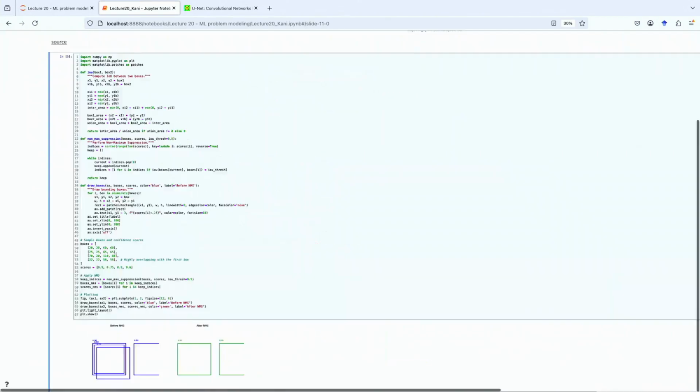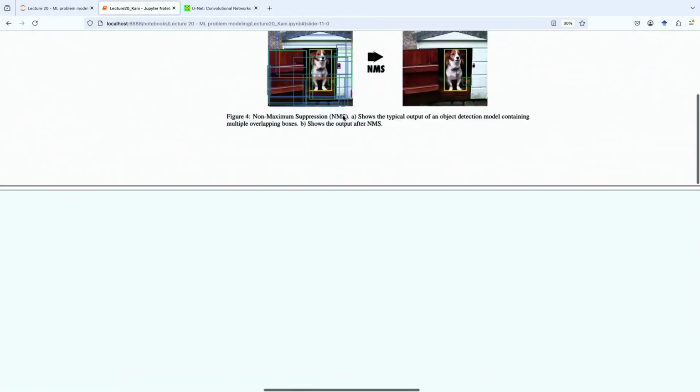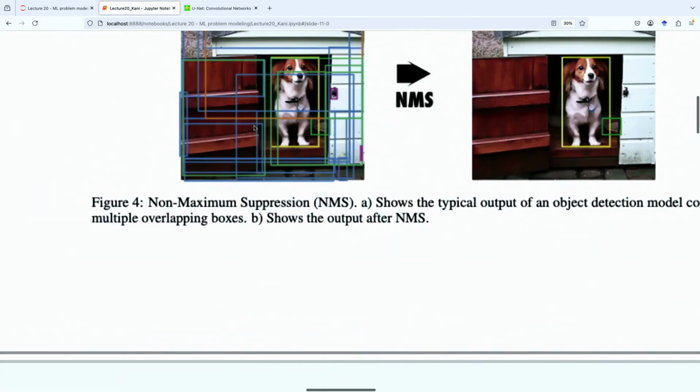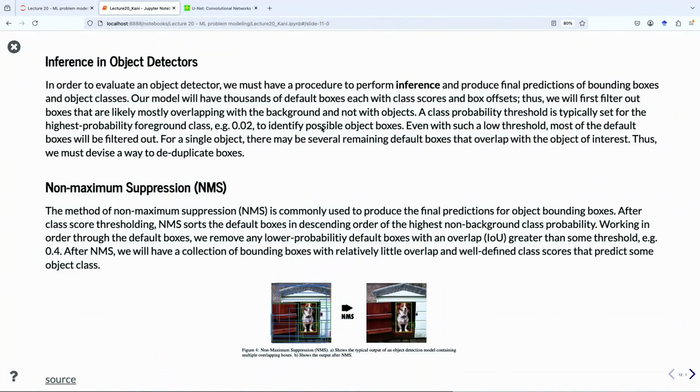Is it perfect? No, it's not perfect, because you could always have objects that, if you have two dogs that are almost on top of each other, could lead to issues. But hopefully, even in that case, if you have two dogs that are very close together, either your classifications will be different, or there could be two bounding boxes that are neighboring each other, and then you will have different confidence scores in that case. Does that make sense? Okay. Non-maximum suppression, you'll see that a lot.